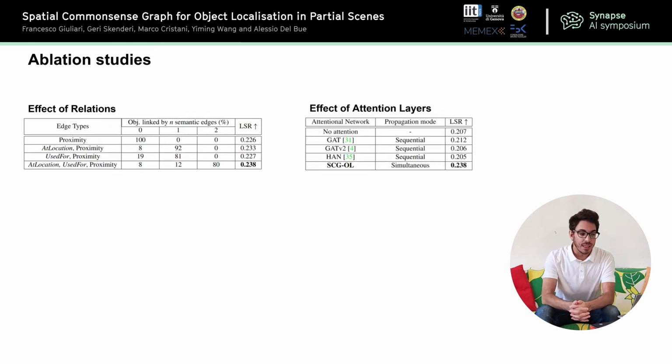Then we evaluated the effect that different attention layers have on our network. We found that without any kind of attention or using GATT, GATT-V2 or Han, we are not able to achieve as high a result as we have when using the graph transform architecture, which is what we use. And this is mostly because GATT, GATT-V2 and Han, they do not use the edge features when calculating the attention weight, and so they are not able to correctly estimate the attention weight in our setting or on our proposed